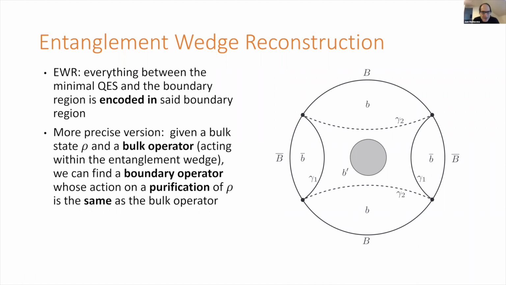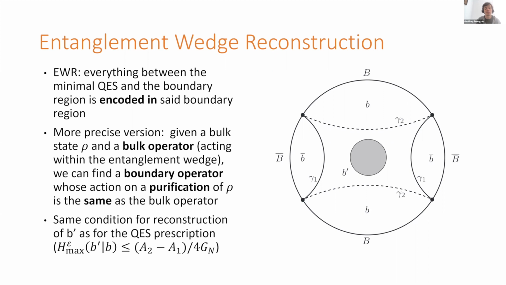In which case do you weigh by the eigenvalues? In this case, we're weighting by the eigenvalues of rho. In the case where you just have a code subspace, you're treating all states in that subspace equally. That's the only sense in which it's more general, I think. But it agrees with the usual definition if you make rho have a flat spectrum. Another thing is that the eigenstates of rho might be entangled across the two regions. And normally with a code subspace, we want to say there's some code subspace for little b prime and a code subspace for little b and so on. So it's a bit more general in that way too.